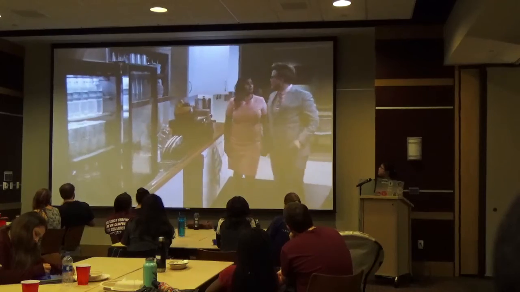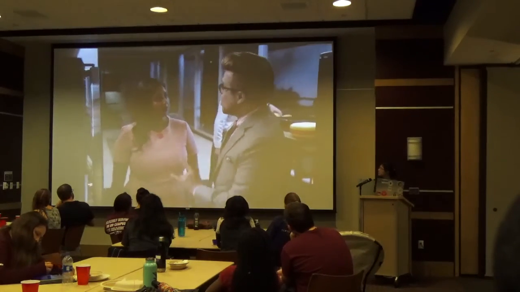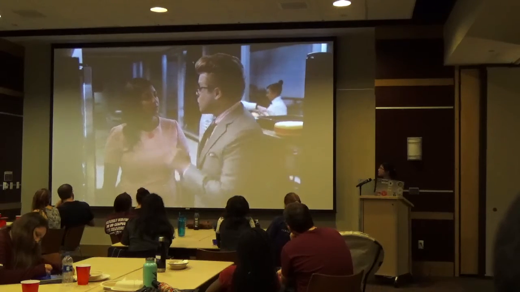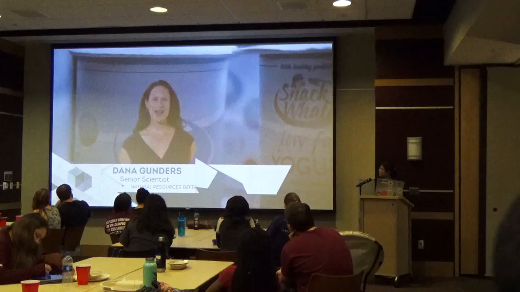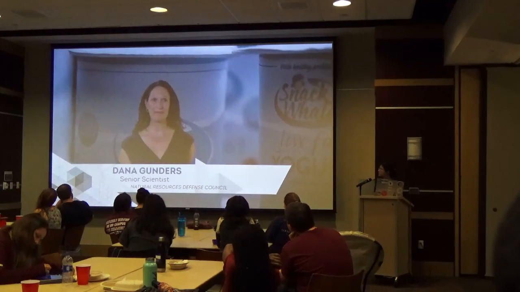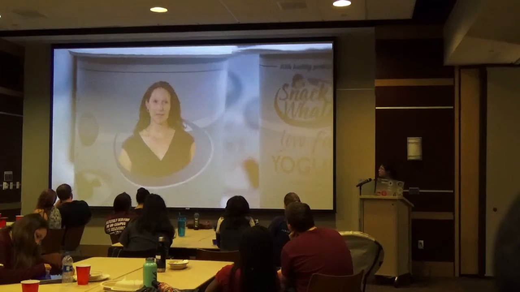Melinda, this is Dana Gunders. She's a senior scientist at the Natural Resources Defense Council and a co-author of a major 2013 Harvard report detailing the massive problem with these dates. Americans trash over 160 billion pounds of perfectly good food every year. Roughly 40% of our food supply is thrown out. And these confusing dates are a huge factor.